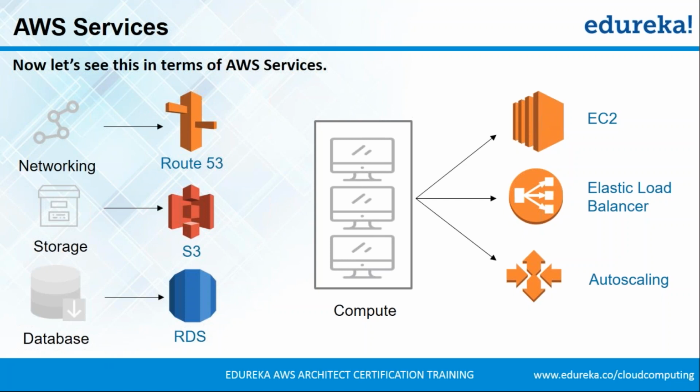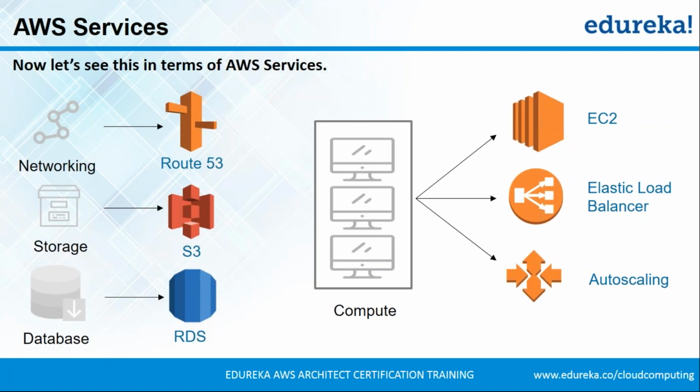Next up, there was the problem of scalability. So under the compute domain, we have elastic load balancer and auto scaling. Let's discuss a bit about these services. So auto scaling automatically scales up and down your number of servers according to the metrics that you have set. Now what are these metrics? These metrics could be something like this. Say suppose you have 3 servers running, and you say that when the combined CPU usage of these 3 servers goes beyond 80%, launch a new server or spin up a new server. So this is done by auto scaling. Again, same in the case when the CPU usage goes below 10%, maybe decommission a server. So this is again done by auto scaling.